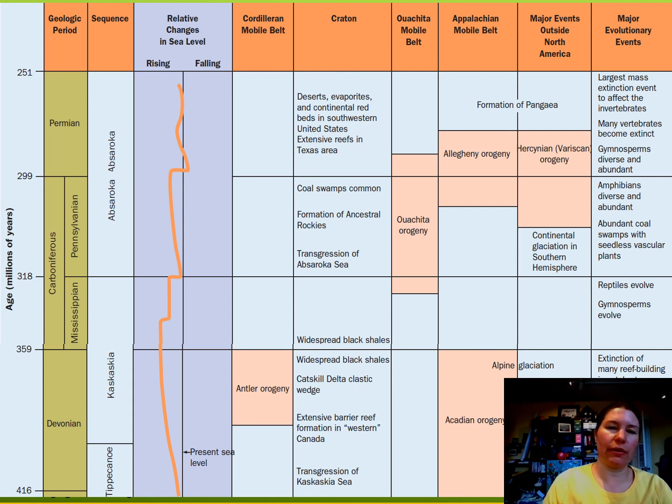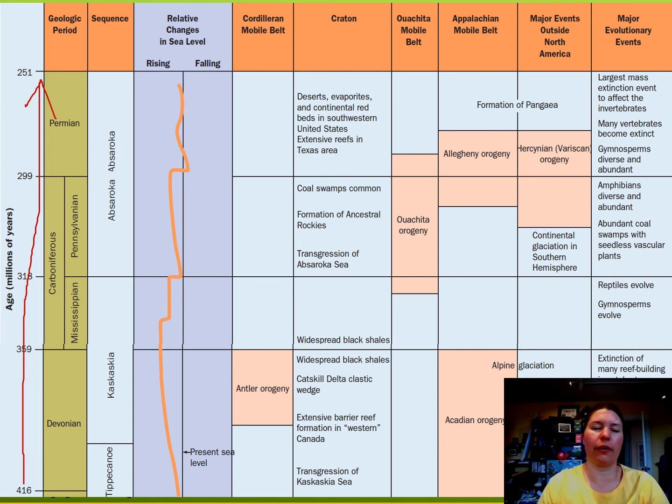All right, okay, so this is a nice summary of what kind of things we've been talking about. This is from your textbook, and I really like it because it has the time scale, Devonian through the Carboniferous, through the Permian, and by the way, you can see how they split up the Carboniferous into Mississippian and Pennsylvanian. I could sit here and tell you what happened, but it's nice to have an image where you're like, oh, okay, I get it now.